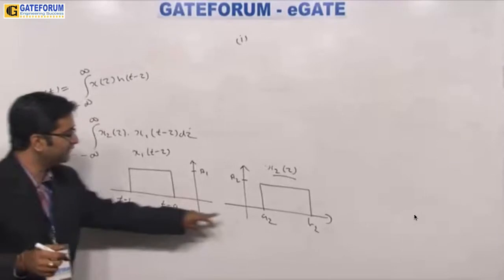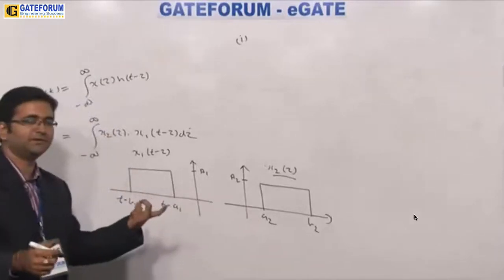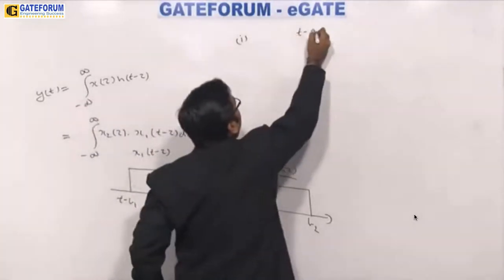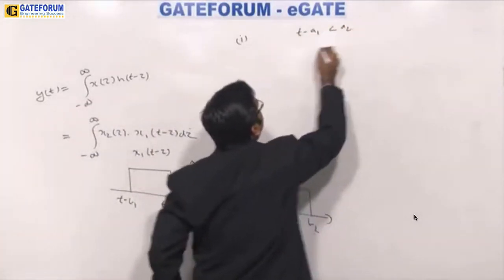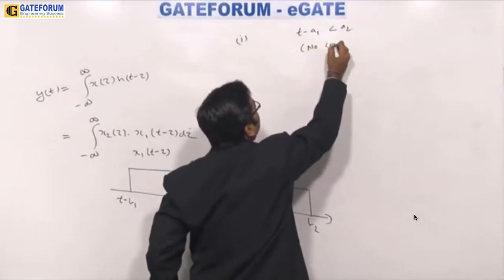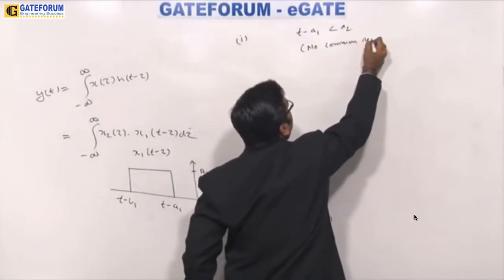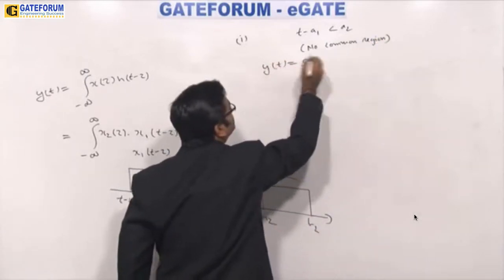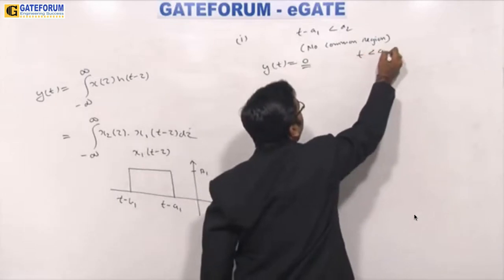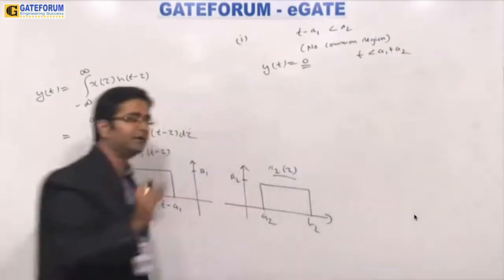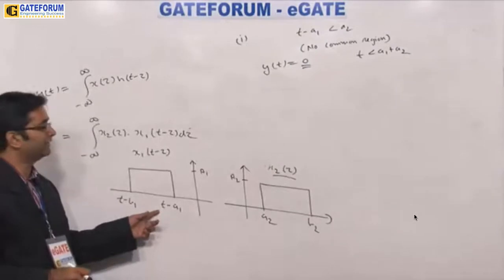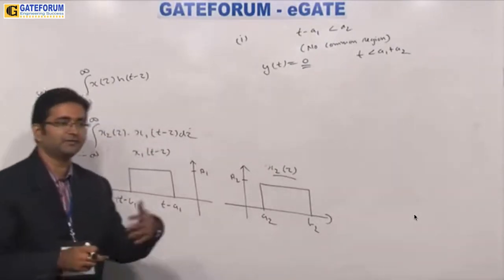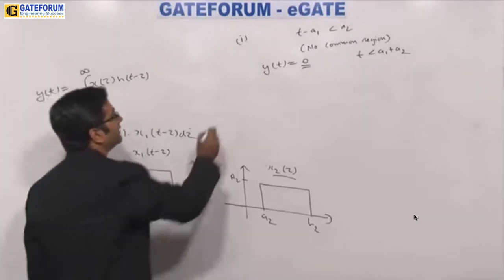Suppose if t minus a1 is lesser than a2, then there is no common region here. If t minus a1 is lesser than a2, no common region, y of t equal to 0. Okay, this implies t lesser than a1 plus a2, y of t is 0. Yes, that is true. If the value of t is lesser than a1 plus a2, the input has not yet reached the system, it is away from the system, so system will not give any output. Second,